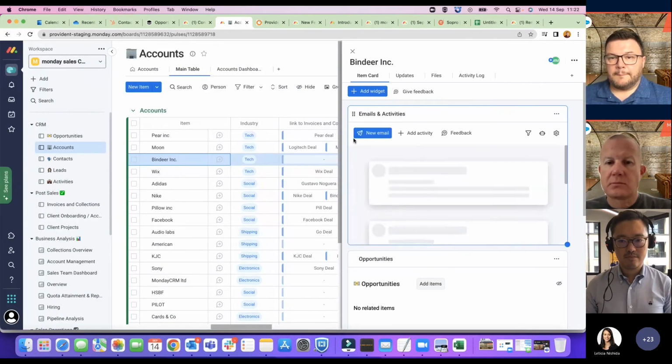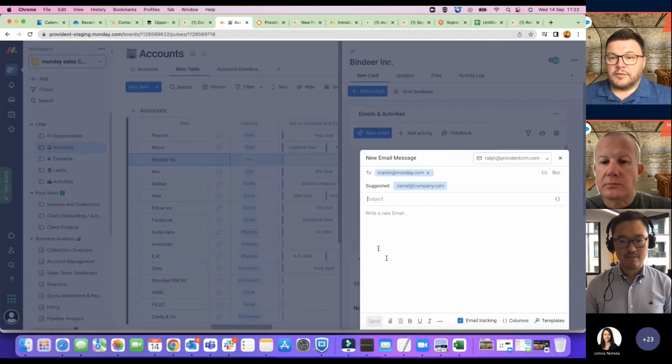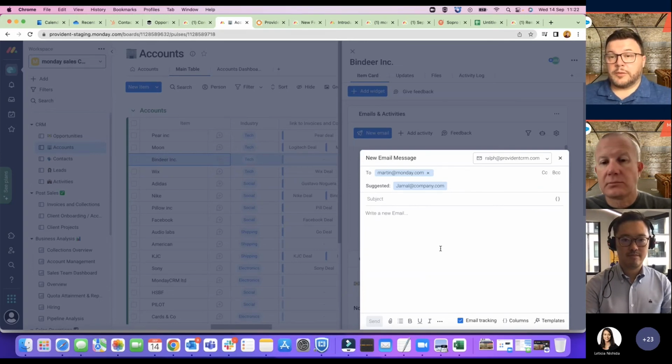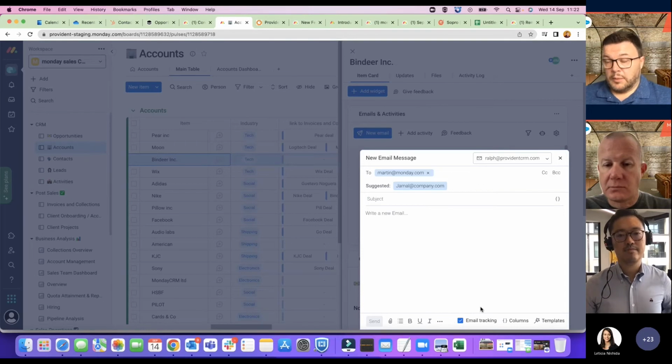So once we go back into the particular deal, and we go back here, as you can see, that's all been removed now. So that is just gone. It will just send out as an email, as if it's come out from your Outlook. The email that you send will be stored within your Outlook, but it'll also be stored within Monday.com. So that's where our transparency is for anybody. As you see here, email tracking is also available, going back to the point about whether an email has been opened or not.